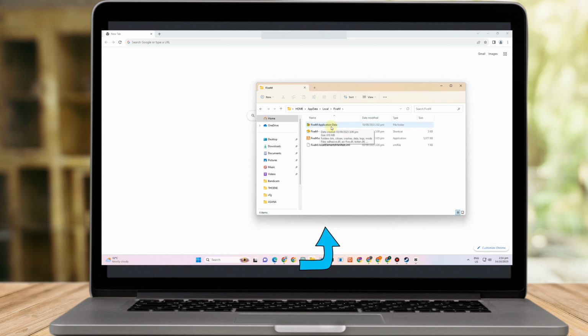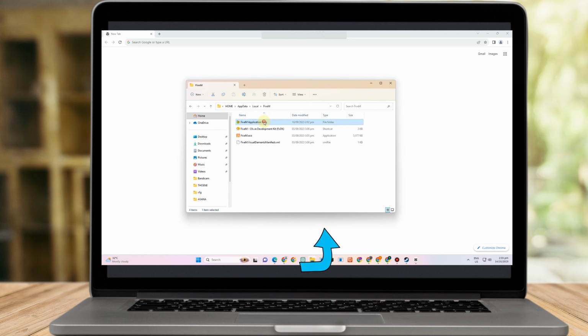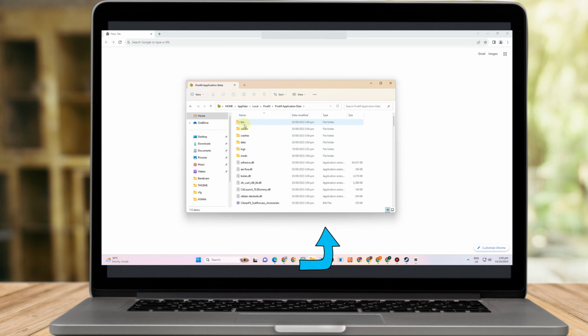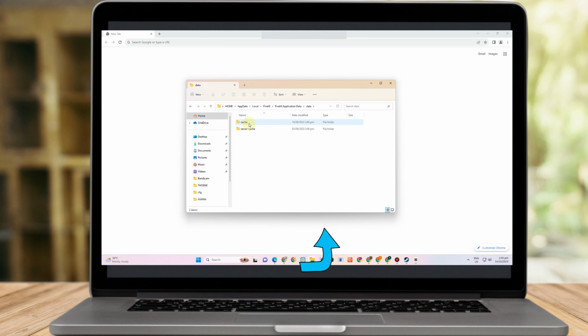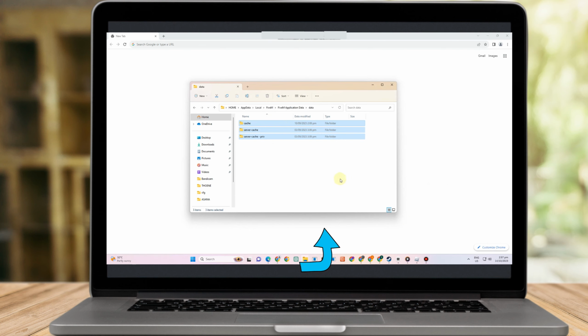And then here you have to double click this. Once you double click this, you have to go to data. So scroll down, tap data folder. And as you can see here, we have two folders, but sometimes when I open this one, I can also see another folder. So if you see this cache, and server cache brief,